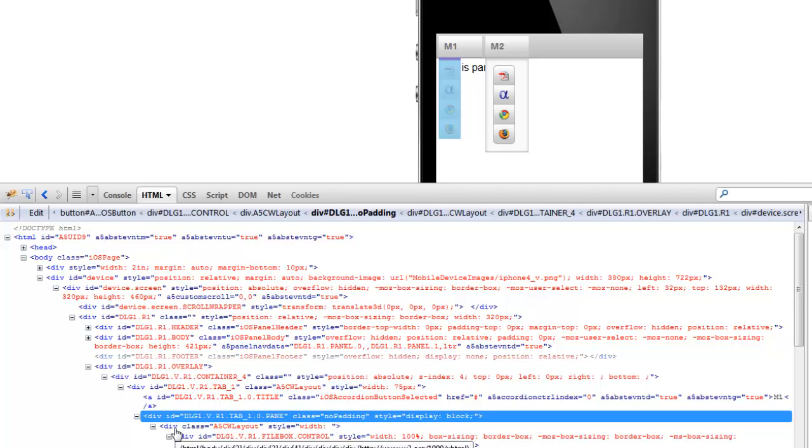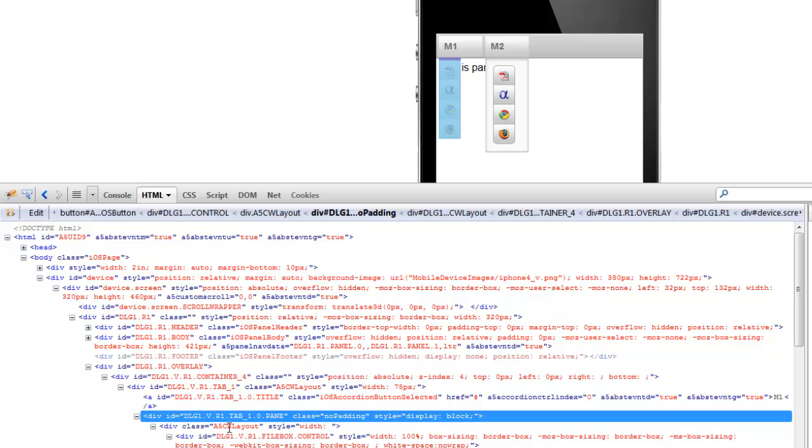So all of the container classes in Alpha Anywhere that contain controls are wrapped in a div that has a class name of A5CW layout. So you'll see that every single control in a component is wrapped in a class called A5CW layout,